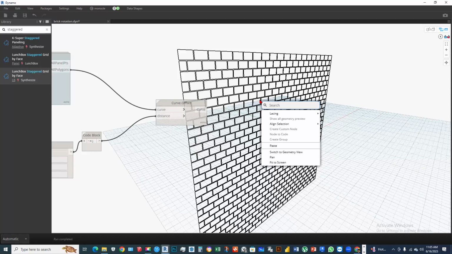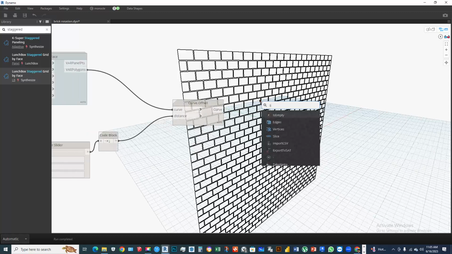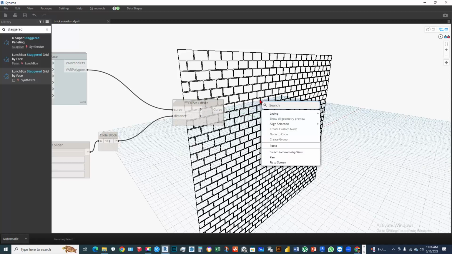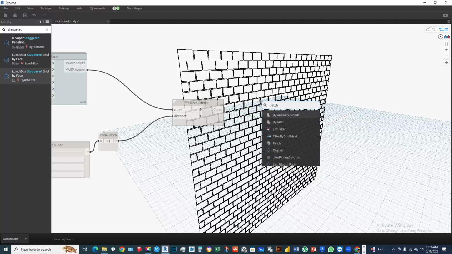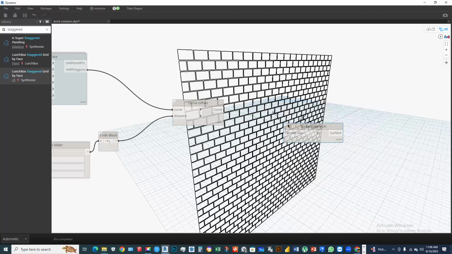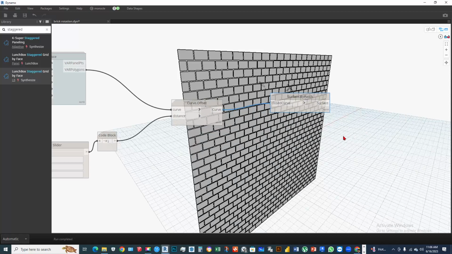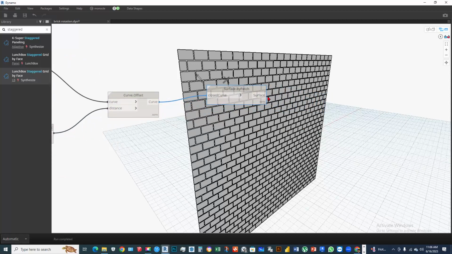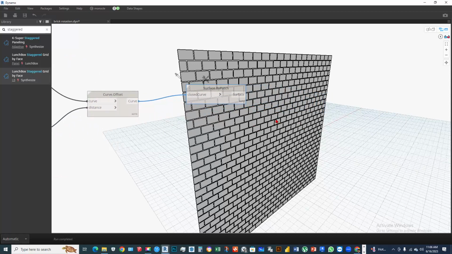If we create a surface by patch, sorry, surface by patch. Okay, connect this curve to the closed curve. The surface will be created from this curve. Okay, after that